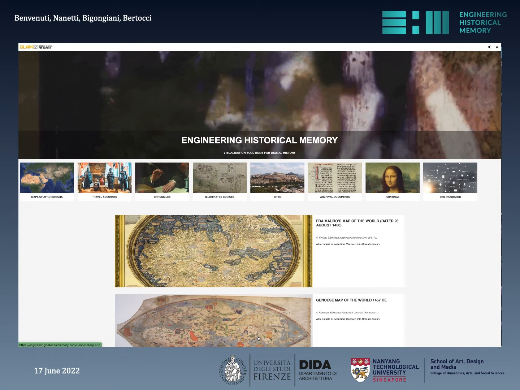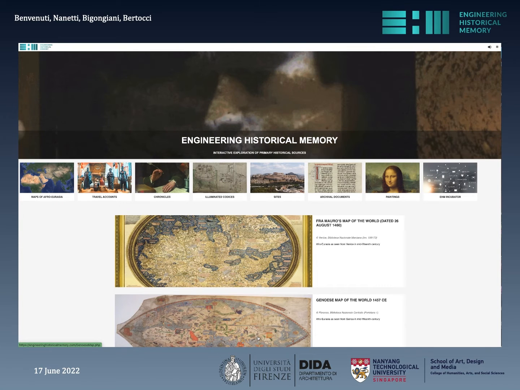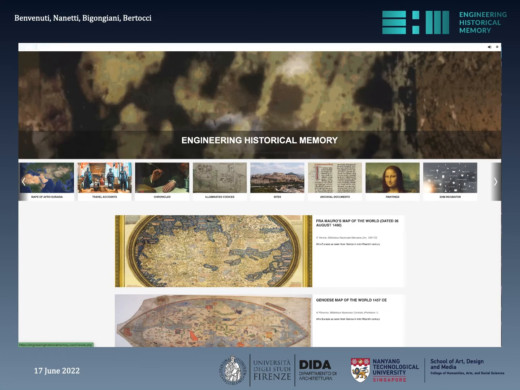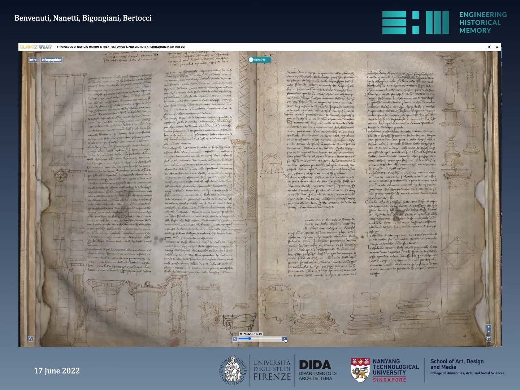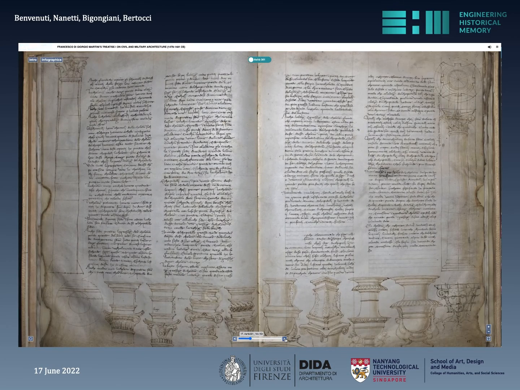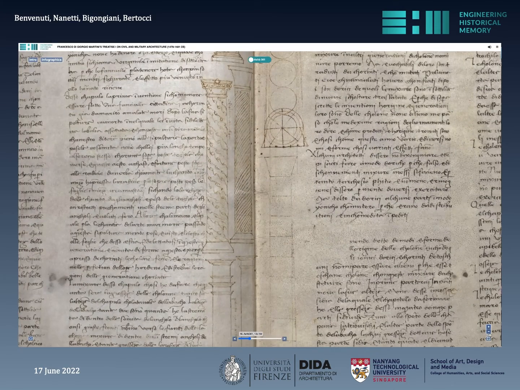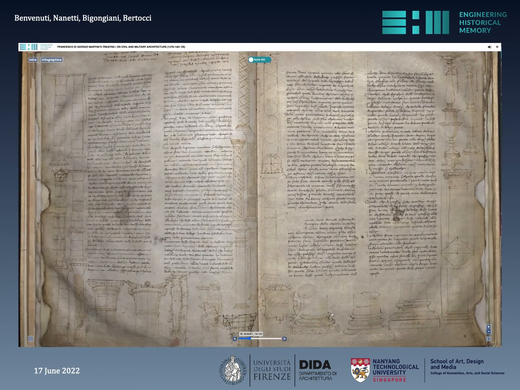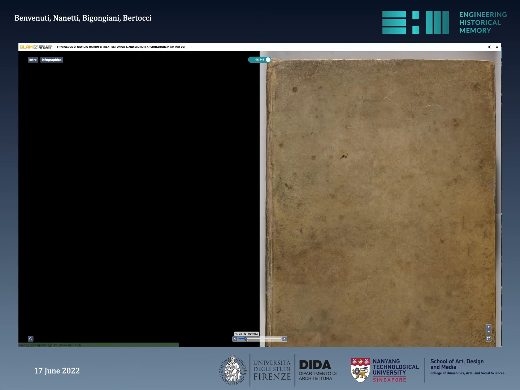There are two main versions of the same Trattato by Martini, and there is a lack of comprehensive studies that compare the drawings in different manuscripts. The video you are watching is a demonstration of what the team has been able to accomplish by securing high-definition images thanks to the work by the DIDA lab at the University of Florence. The Singapore team has been able to reassemble what we call a digital facsimile. You can see how the site offers a smooth navigation of the pages and the immediate comparison of pictograms in the two manuscripts,